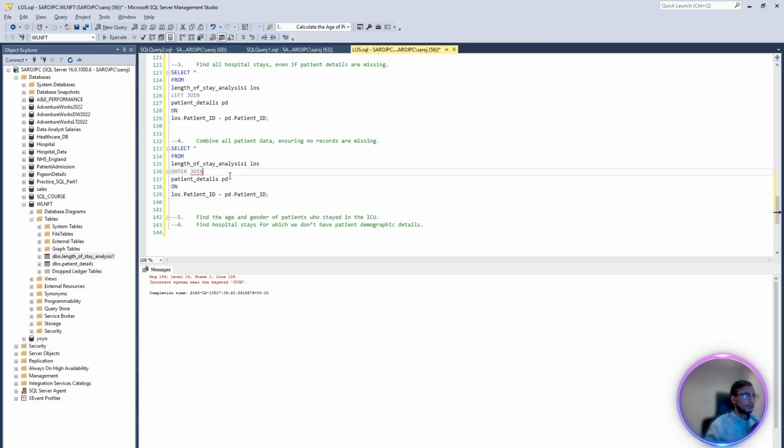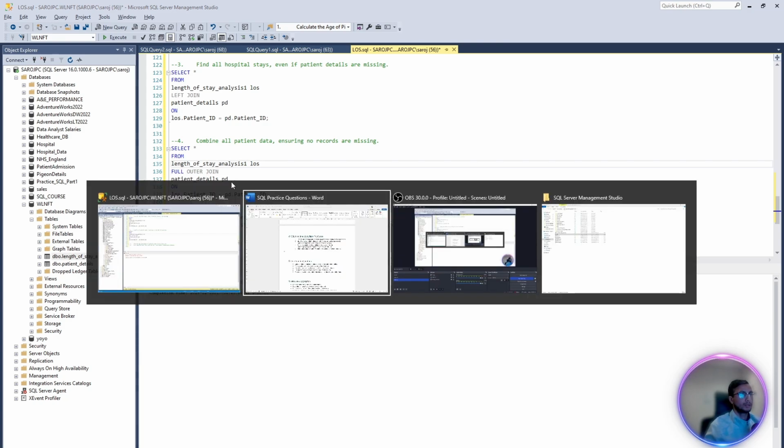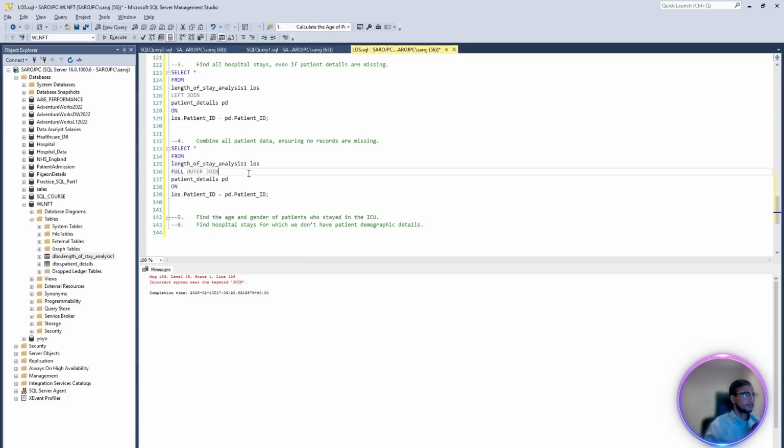Right, so this one, we can use full outer join. Right, I think the error is gone. Okay, sorry. So if you run this one,